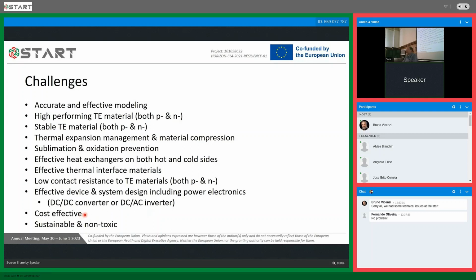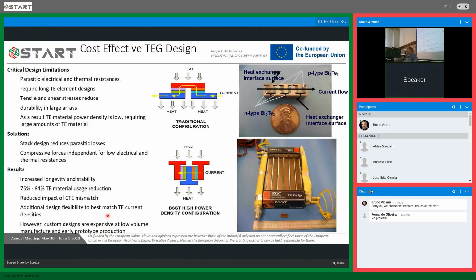It's listed toward the end here, but it may be one of the most important. Obviously, the cost effectiveness is very important, and obviously sustainable and non-toxic materials. So I'm now going to go through and talk about, again, some of my experiences, and in the process of that, really we'll be discussing some of the challenges that came up, but also some of the successes that were had. So in terms of a cost-effective TEG design, the traditional